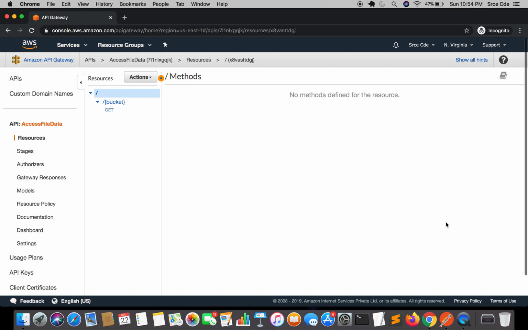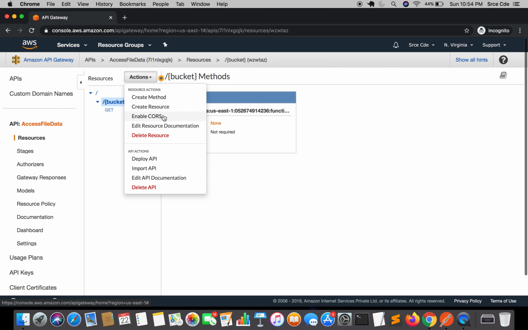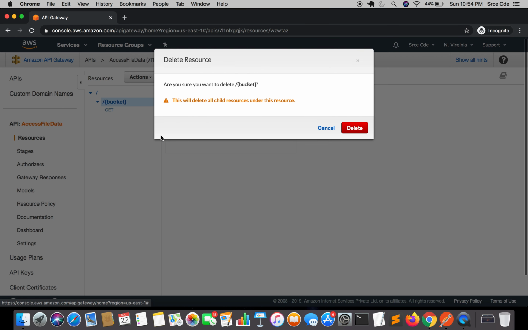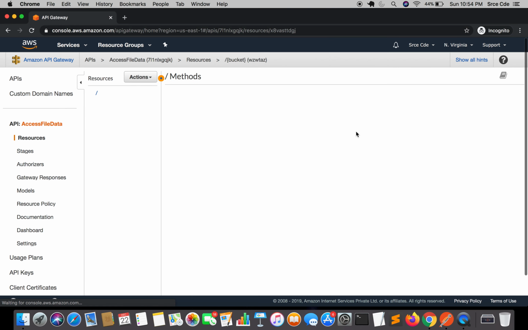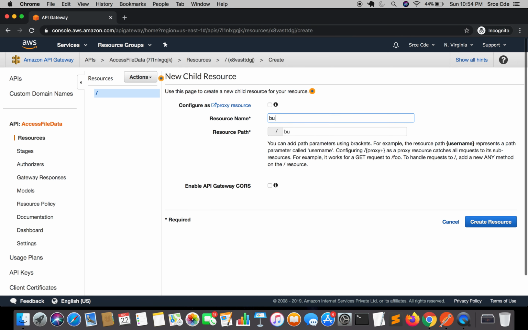I'm just trying to cover everything from scratch so that no confusion occurs. That's the reason I'm deleting this, and we will recreate it. So I will say delete resource, delete. Now again we are going to create a resource, saying action, create resource. Again I will define it as bucket